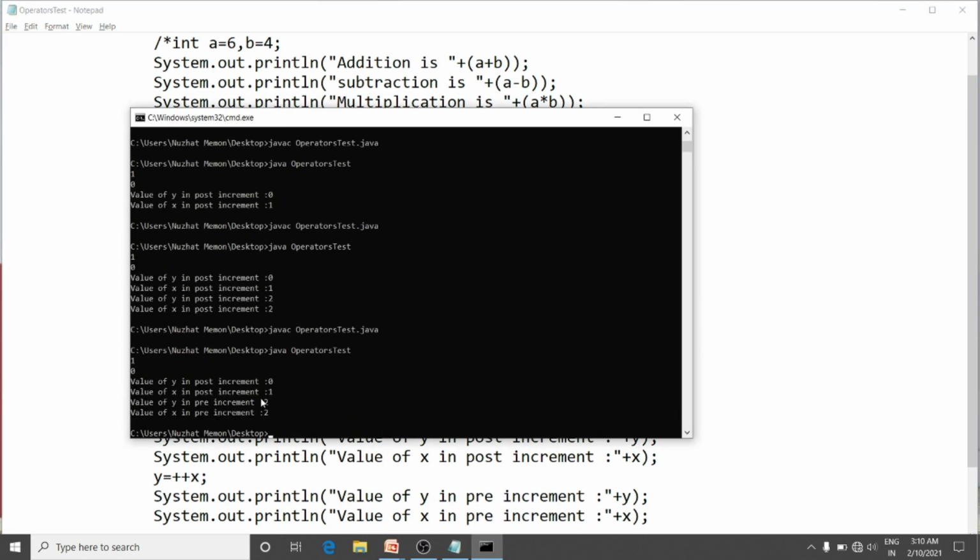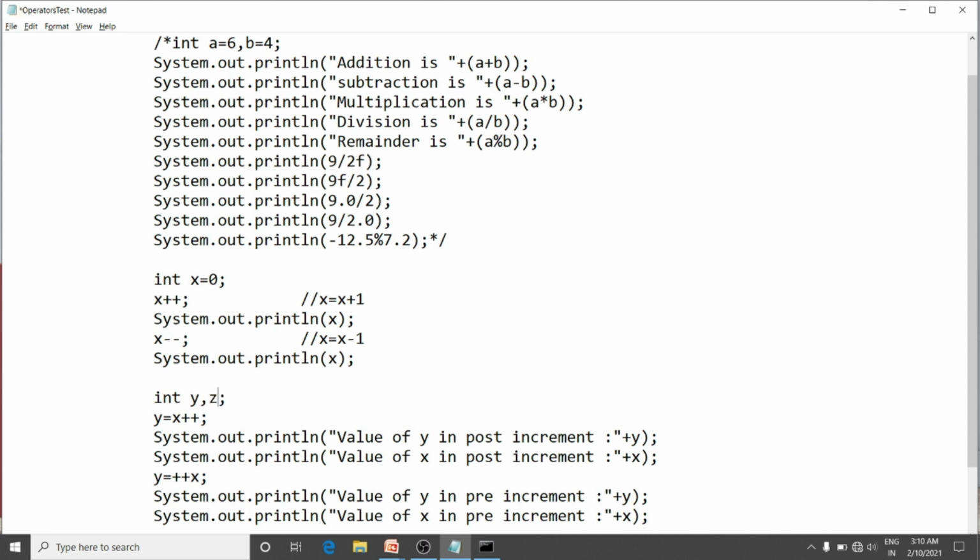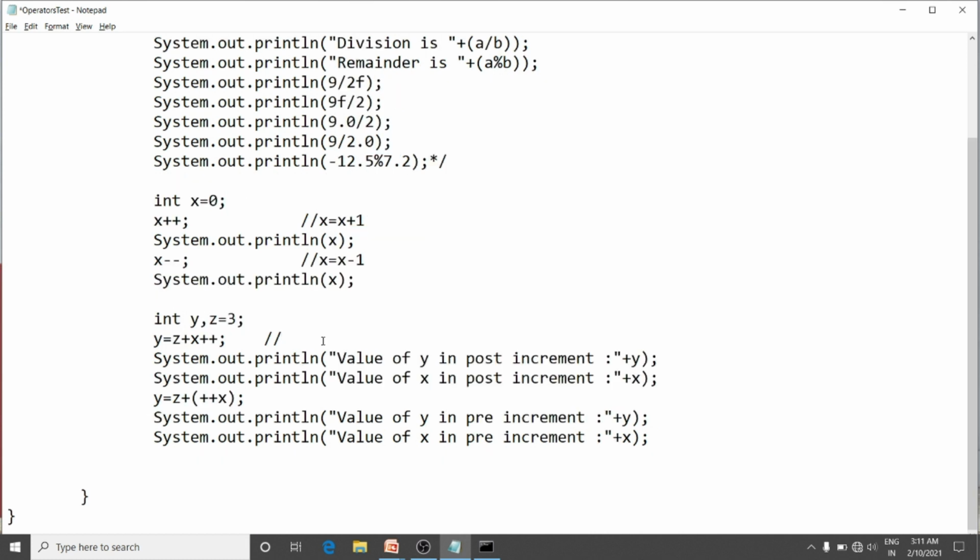Yes, we have done this thing. I am taking some constant value z equal to 3, and here I am writing z plus, and here also I am writing z plus. Here I will write in round bracket. Now see here, we know the value of z, that is 3, and then addition we have to do.